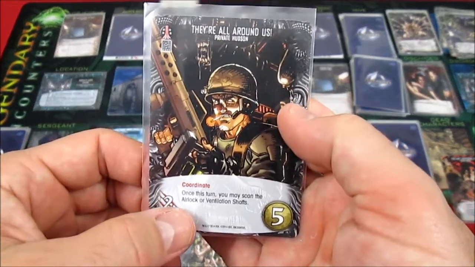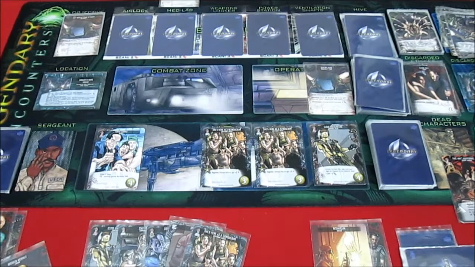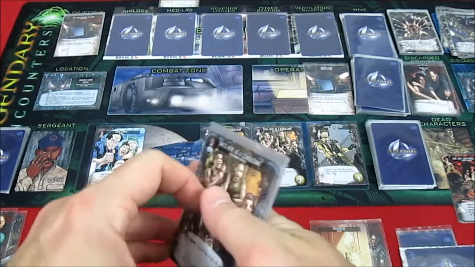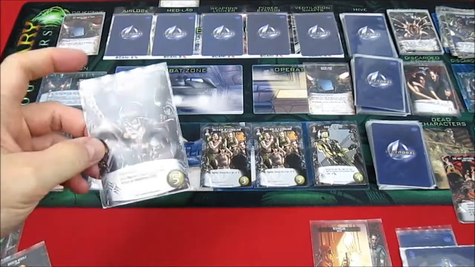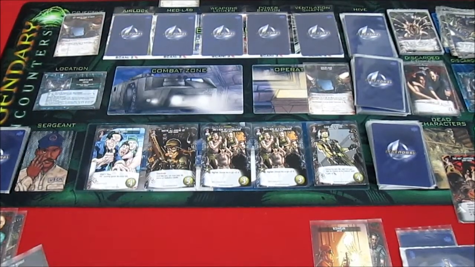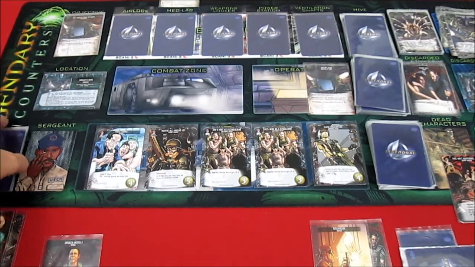Once it's turned, you can scan the airlock or ventilation shafts. So we're going to take that, and that's going to be the end of the Synthetic's turn. It's not going to be able to do anything else. We're going to replace the headquarters card with another. They're all around us. Okay, and yeah, we have this annoying thing to happen on the Synthetic's turn in the